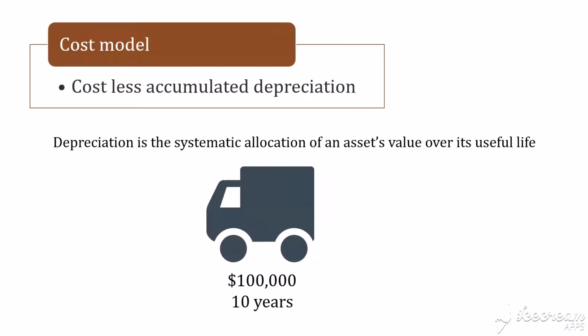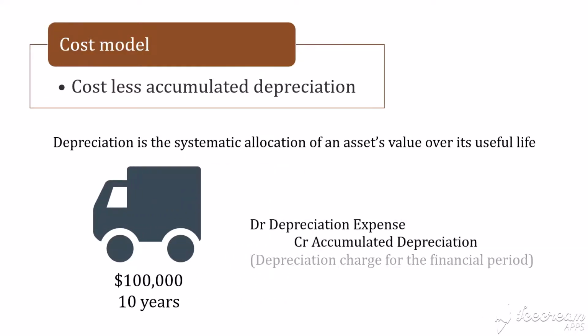The journal entry to recognize depreciation expense is to debit depreciation expense and to credit accumulated depreciation. Depreciation expense is recognized in the income statement. The classification of depreciation expense depends on how the non-current asset is used. If it is a retail shop or a delivery vehicle, it will be classified as a selling and distribution expense. If it is an office or the equipment and fixtures for an office, it will be classified as a general and administrative expense. Accumulated depreciation is the total depreciation expense charged to the property, plant, and equipment over the years.